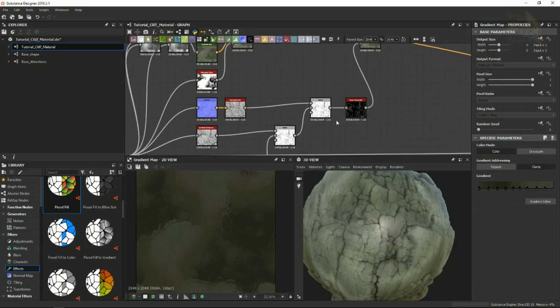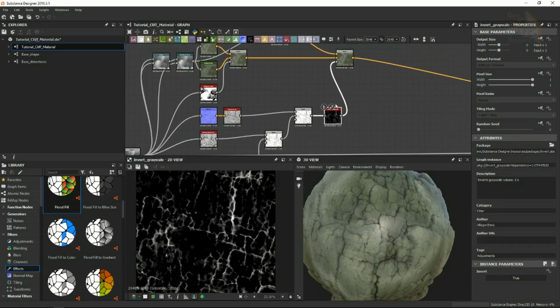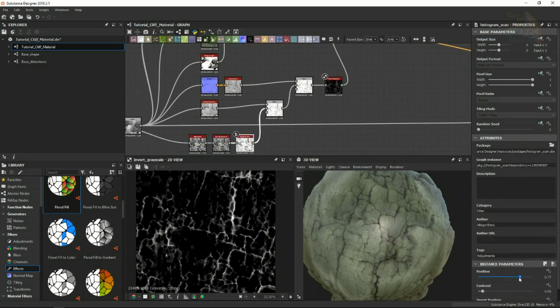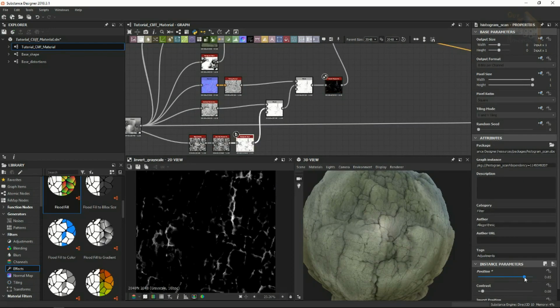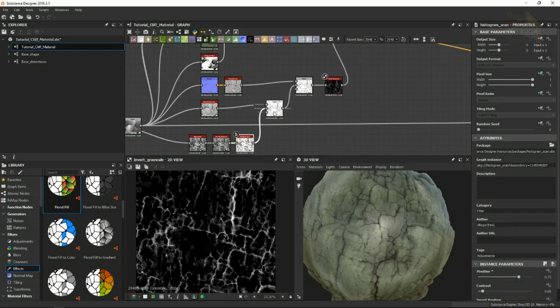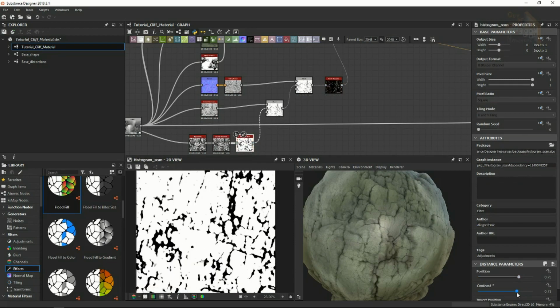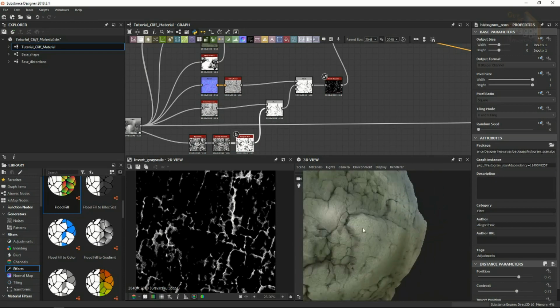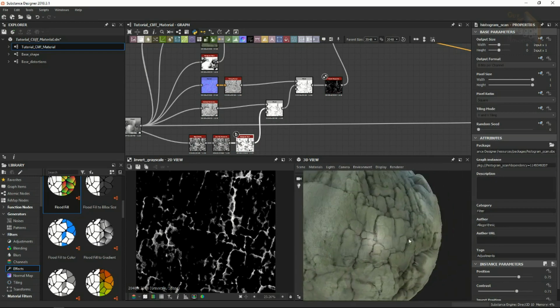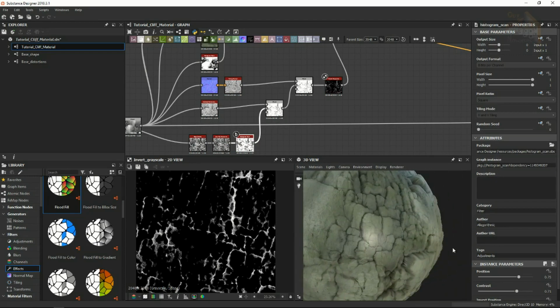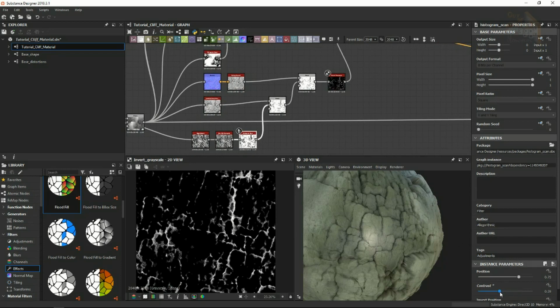Let's try and extend a bit our mask. So now we have these darker values on these sides of our rocks, but our roughness map is not reflecting